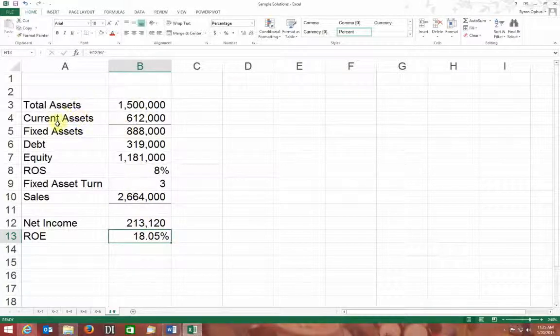So I did things up here first. My top 1, 2, 3, 4, 5 things really have to do with the balance sheet, or are just balance sheet items, and so I entered them in like this. For number 9, I have $1.5 million in total assets, and that's given to me. And I have $612,000 in current assets. Well, what does that make my fixed assets? Because that's part of the question. It doesn't tell me what my fixed assets are, so I have to figure that out. So my fixed assets are simply my total assets